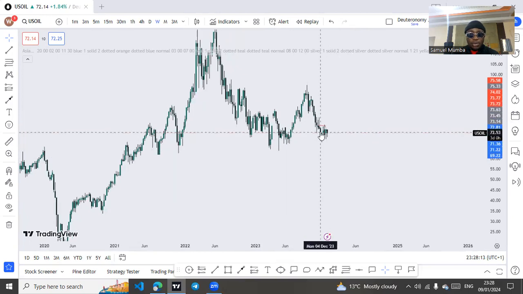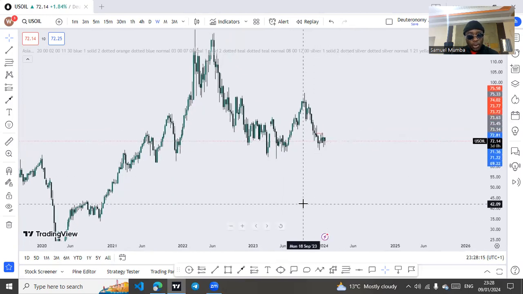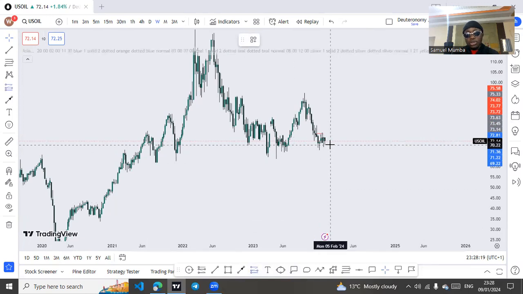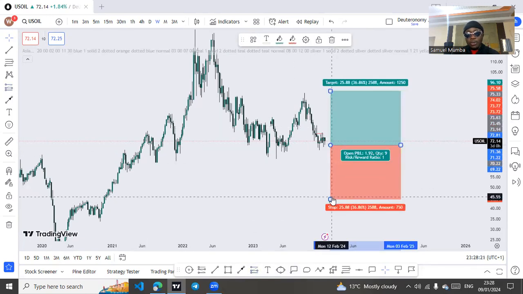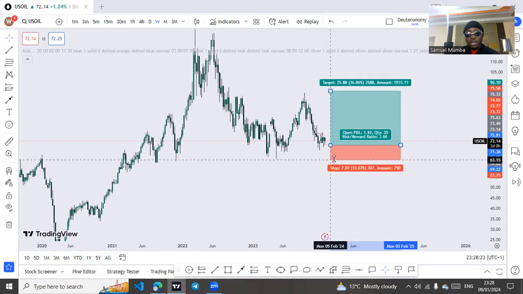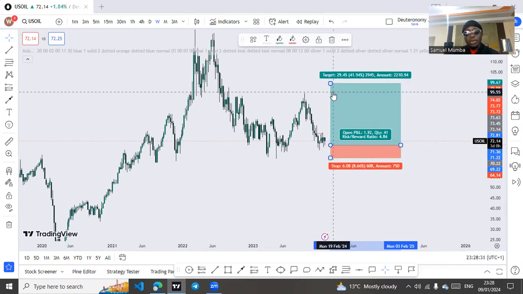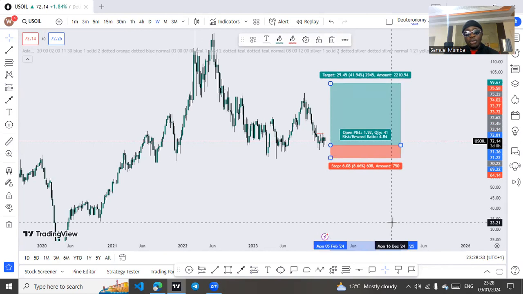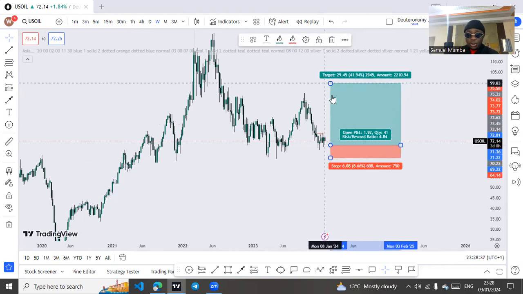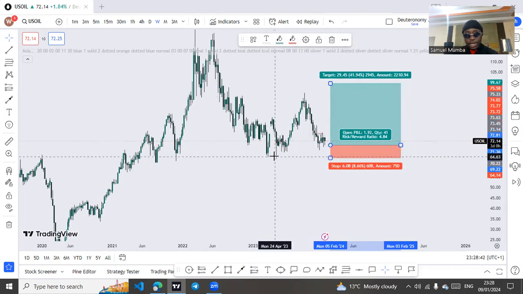So from here, US oil, I think we are headed for a long position. So US oil here, we might be heading to the upside. I mean, we are heading for the uptrend. So from here, our next target should be somewhere there at 97.58. That's where US oil is supposed to be going to, because this level here hasn't been broken, and we had the level